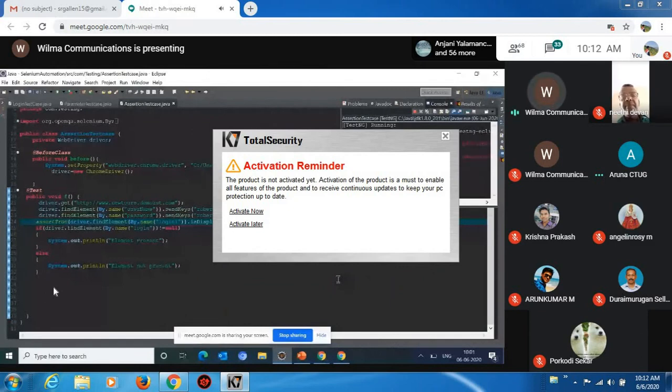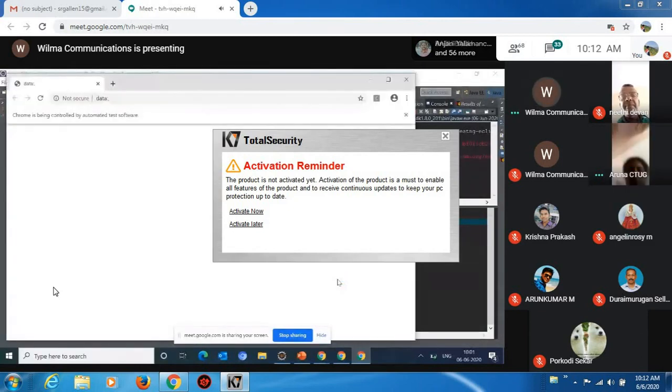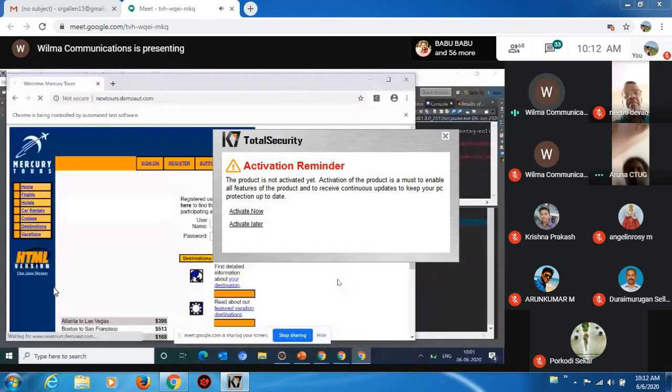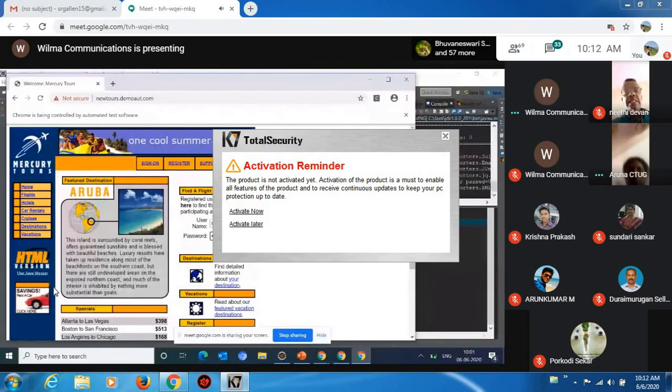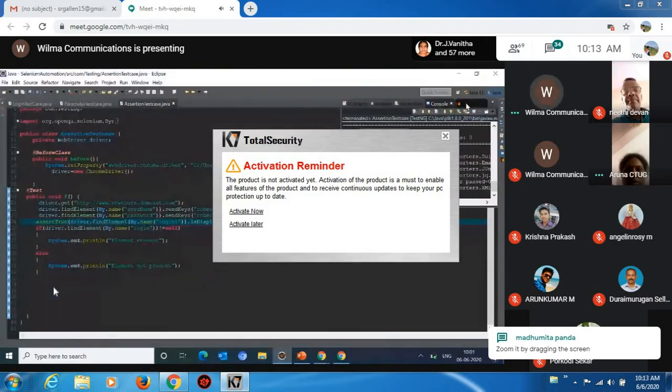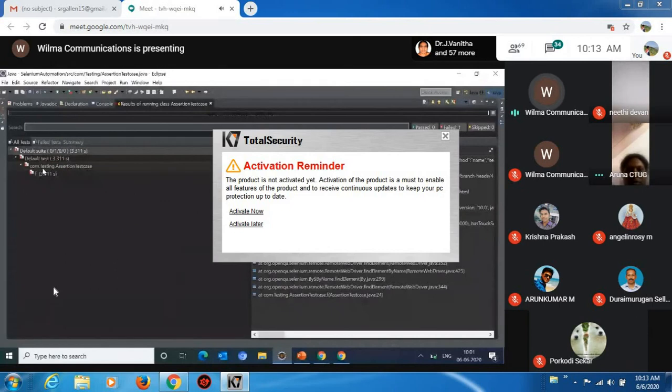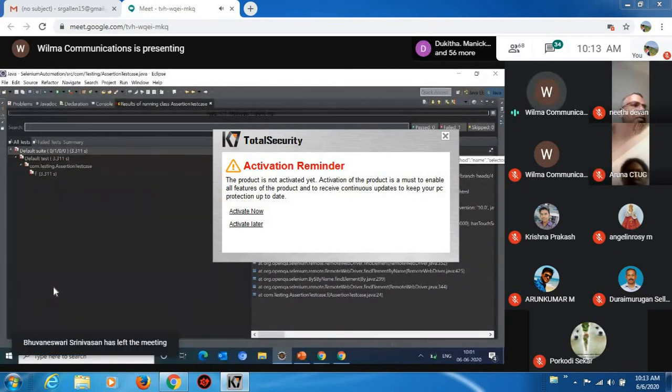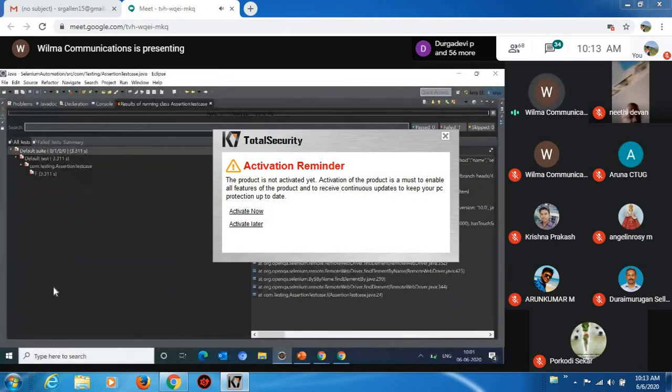Again, it will open the application in Chrome. It enters the username, enters the password, then it will check whether the object is present or not. Now you can see my result has failed. You can see the assertion test case has failed, and when you see the result, no such element, unable to locate that specific element which you are trying to look for from that particular object.